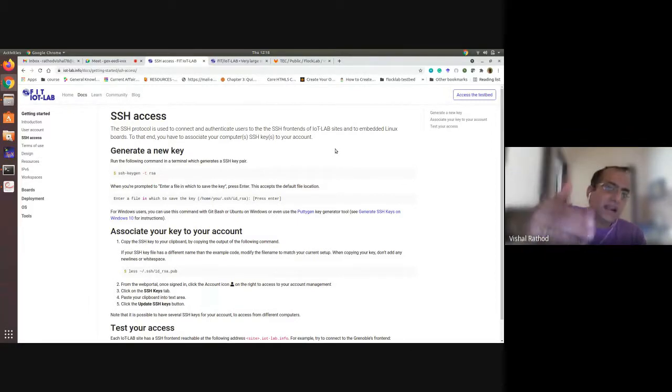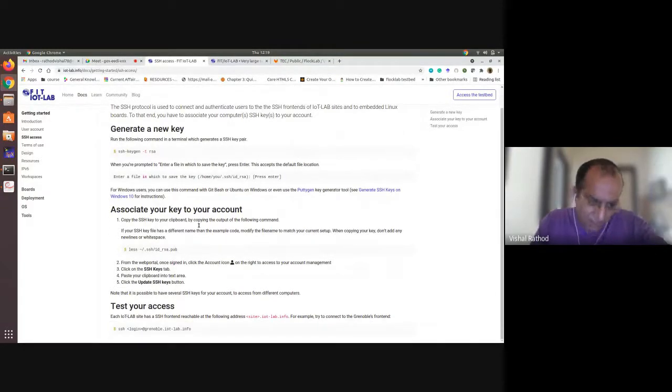What happens is that after submitting your experiments, you have to access the nodes that you use for your experiments. Like you want to see how your node performs, whether any error occurred or not, or if you want to run any command line interface program, CLI commands, you have to log in to the particular site. For that, you have to generate the SSH key on your local system.